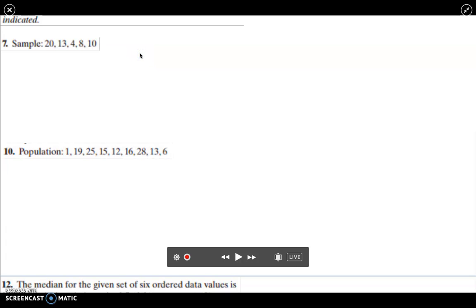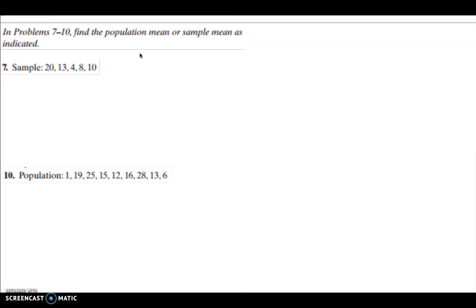Okay, this is part 2, and we're looking at measures of central tendency. So we've talked about all of our vocabulary, and now in this one we're going to find the population mean or the sample mean as indicated. The first one wants us to find a sample mean, so that means we're going to be using X bar. And the sample mean, okay, if you have a small data set such as we have here, you just